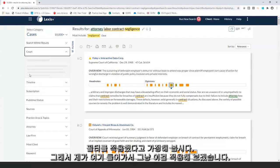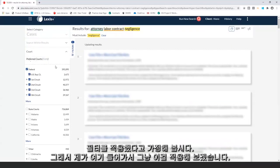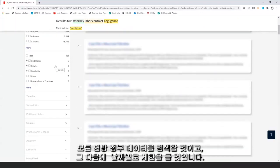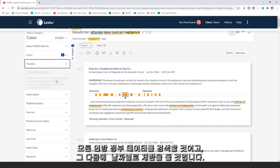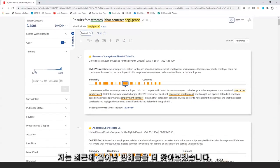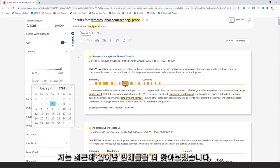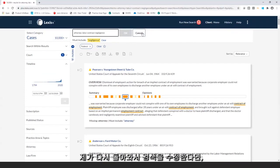But let's say you had applied some filters. So if I go in here, I'm just going to apply, we'll do all federal. And then I'm going to come in and limit by date as well. I'm going to pick more recent cases. And then if I come back here and edit my search, and I'm going to run